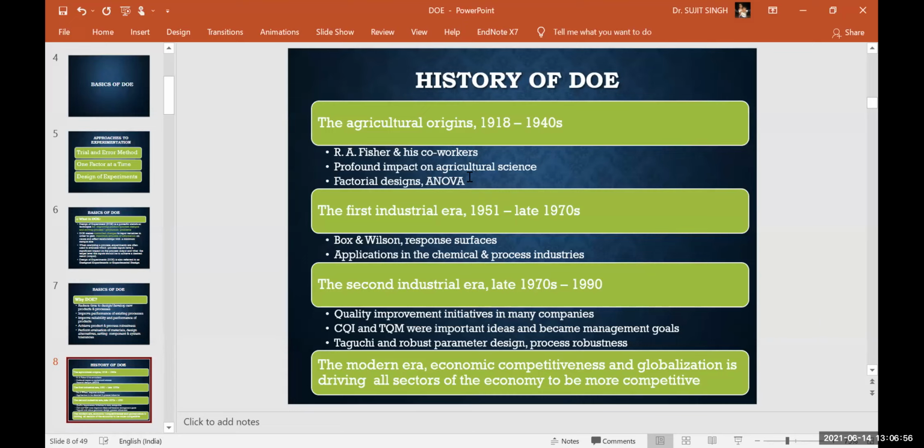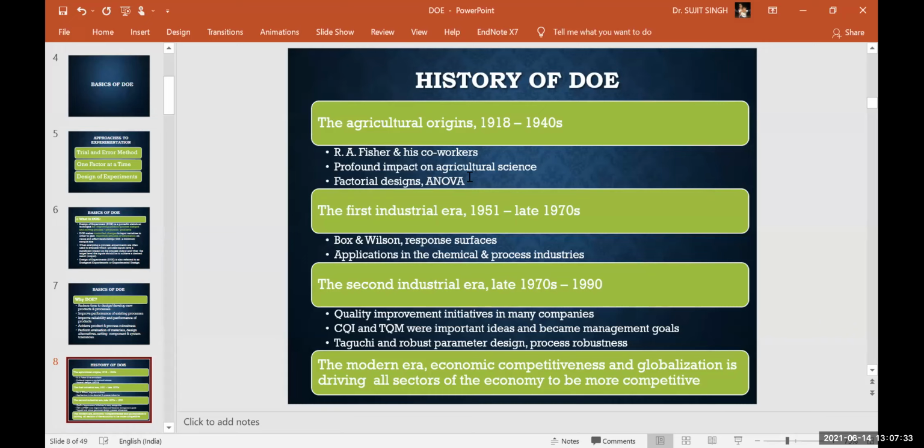The second phase came in the first industrial era, 1951 to the late 1970s, when we got the Box and Wilson technique, response surface methods, and most of those experiments or studies came from the chemical and process industries. After that, a lot of emphasis was on quality management and quality improvement.